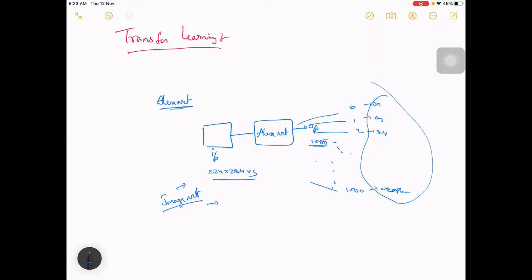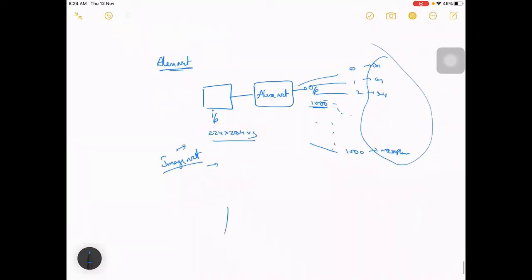Say you want to solve something about cars, like a sedan versus a hatchback versus an SUV. It can be anything; I just took an example where you want to classify between these three. Or maybe a vehicle, pedestrian, and traffic light. Let us take this small example.